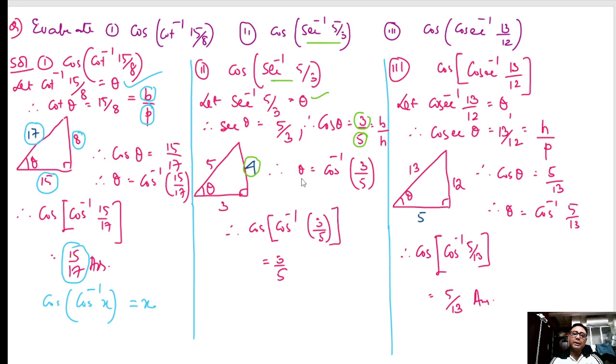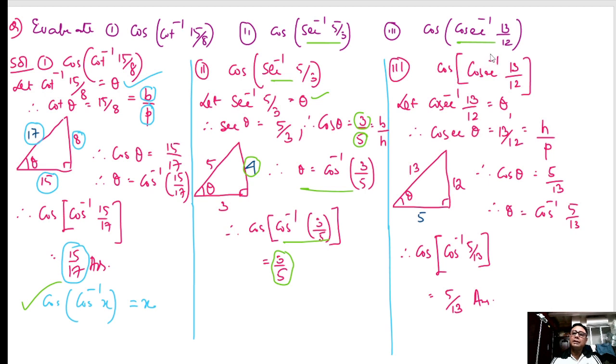So from here we get cos theta equal to 3 by 5. So theta will be cos inverse 3 by 5. So putting here, we get the answer as 3 by 5, because cos of cos inverse x equals x. Similarly,